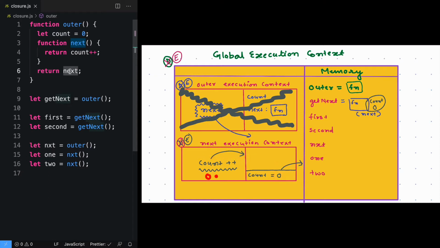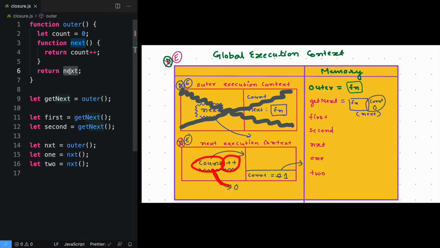We are saying 0 plus plus. Plus plus is a sign and increment operator. It will change the value of count from 0 to 1 and it will return 0, because count plus plus is use the value, meaning return 0, the previous value, and increment it.